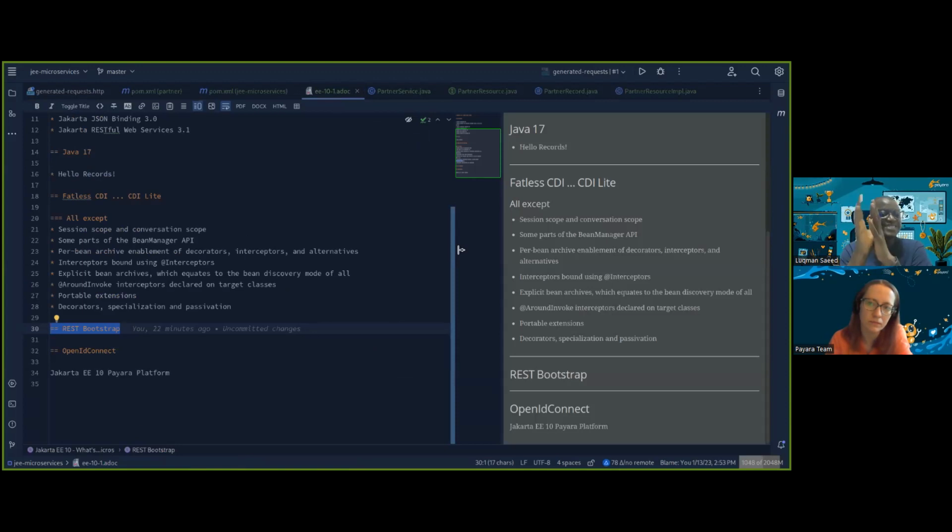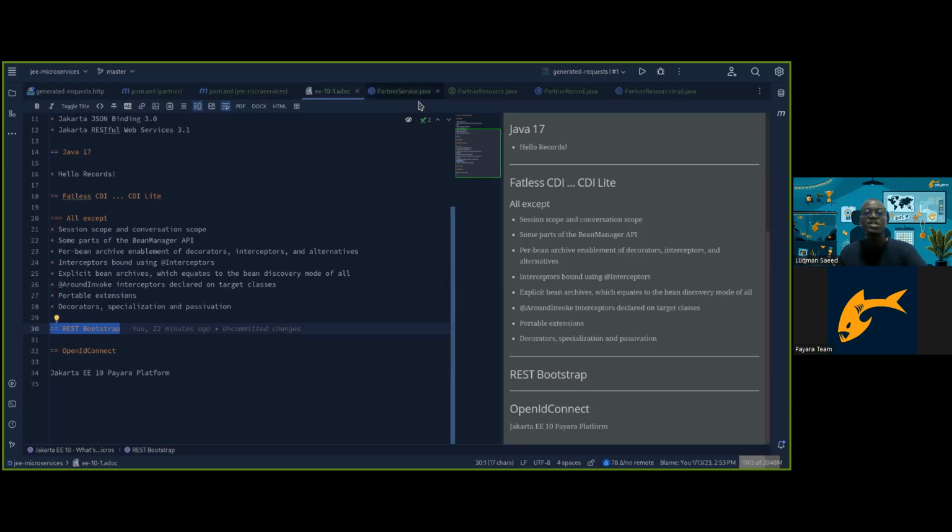CDI Lite is essentially CDI, but with a number of the APIs that are targeted at much more traditional, much more legacy applications. Those features that are normally not directed at modern cloud native, mostly RESTful web services applications,